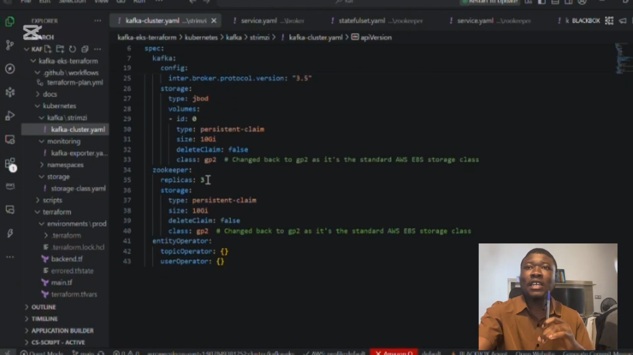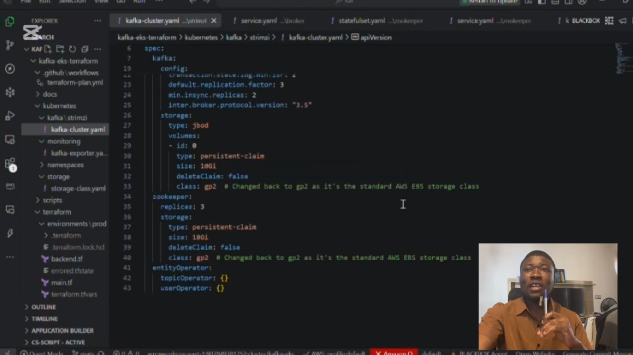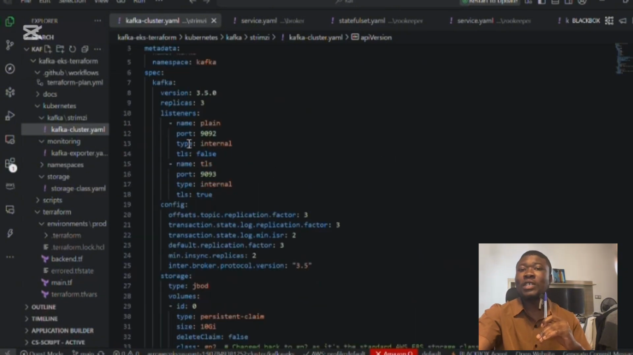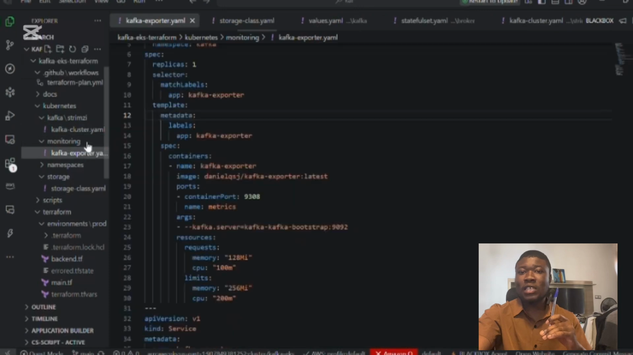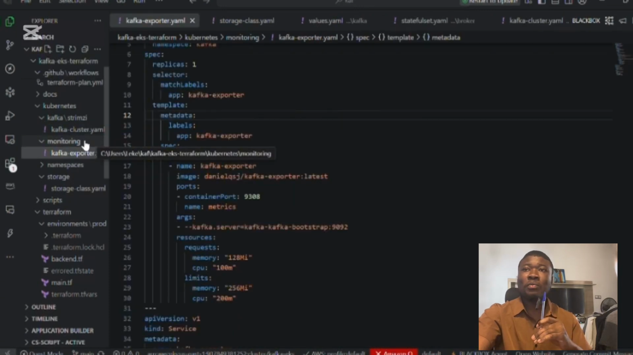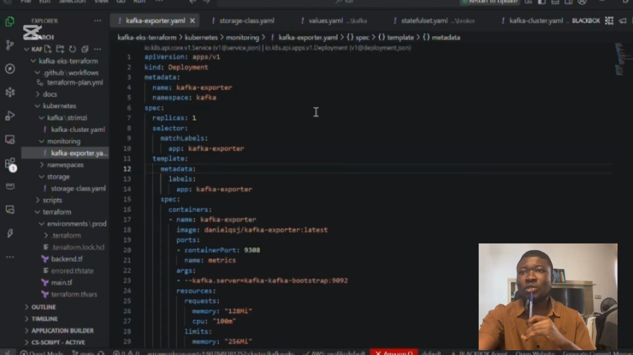You can see it on my screen. I also used a persistent volume of 10Gi each for the log storage, and I configured appropriate replication factors for high availability. Then you see that I also created ZooKeeper, with 3 replicas for coordination. And for the storage, I use AWS EBS, Elastic Block Storage volumes, via the EBS CSI driver. Then I configured the gp2 storage class. Then I also implemented the proper